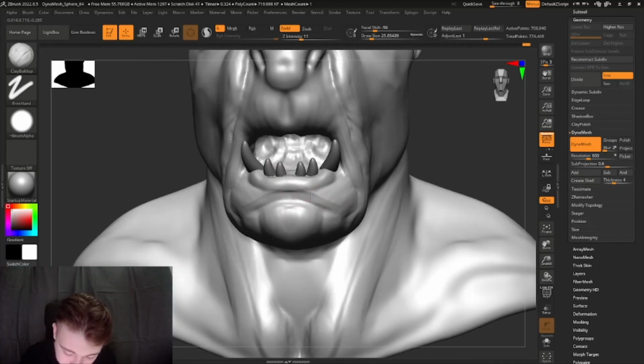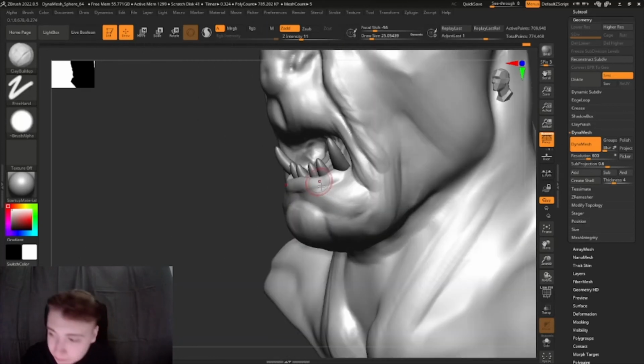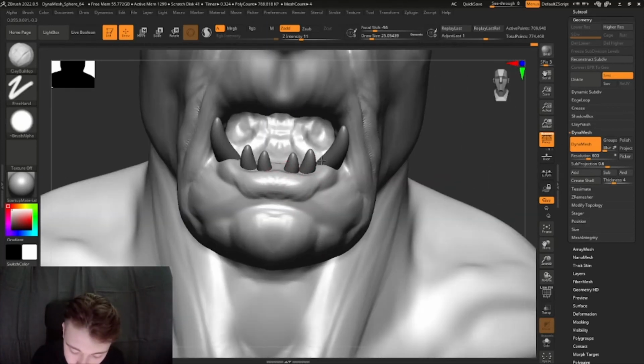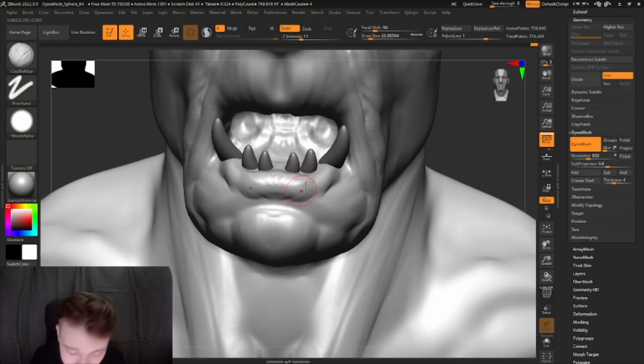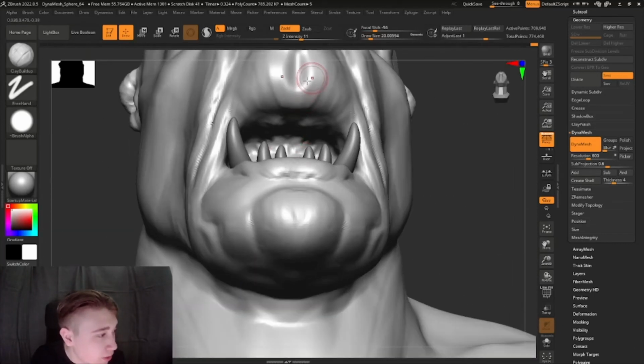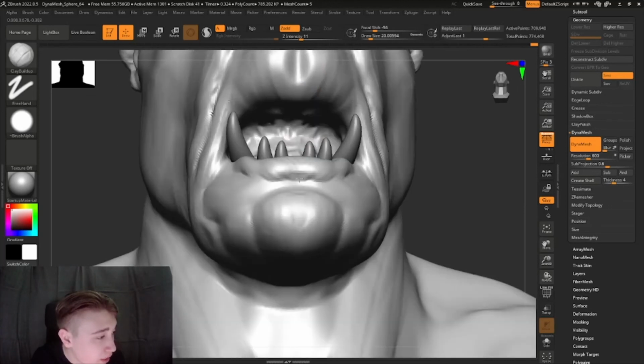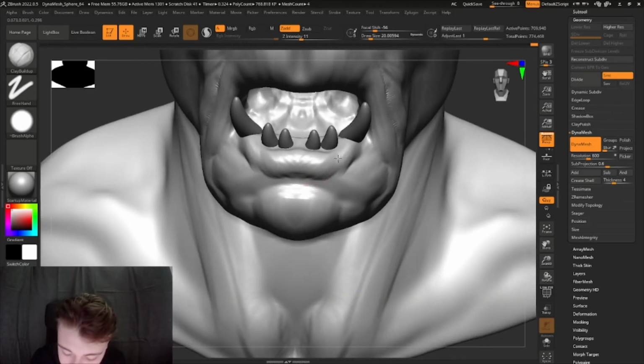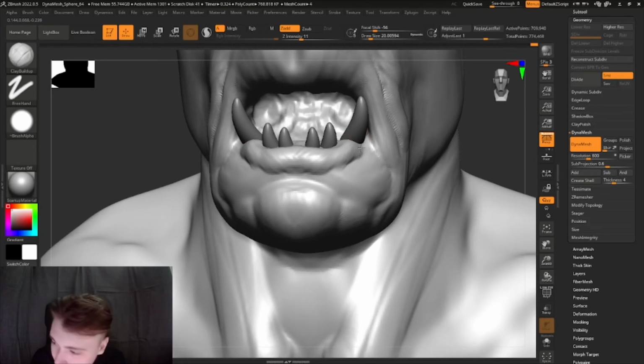Here, just creating this shape that I need. And then adding some more volume to the lips. Not lips, just this one lip right here, because we don't have a top lip, we just have a bottom lip, right? Something like